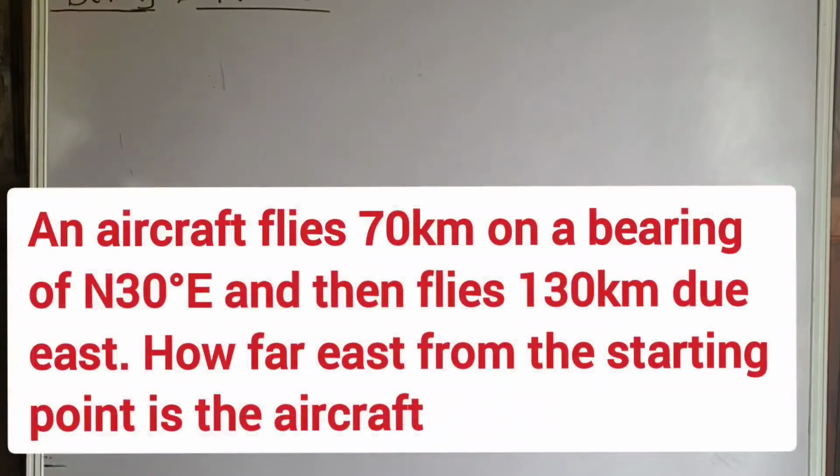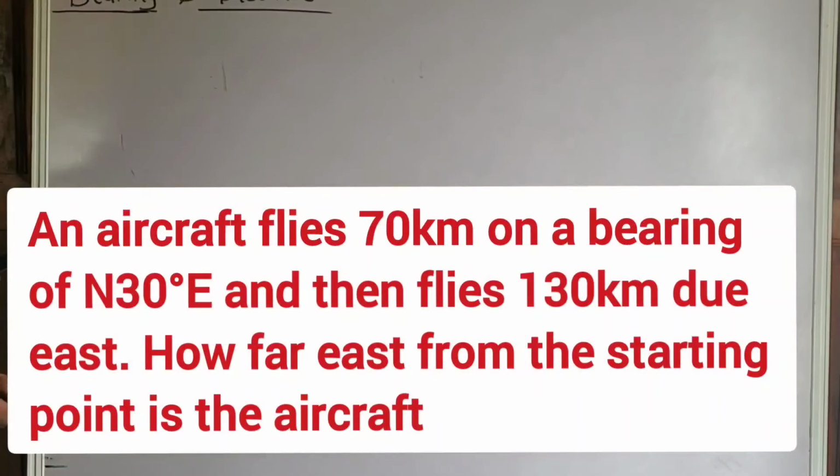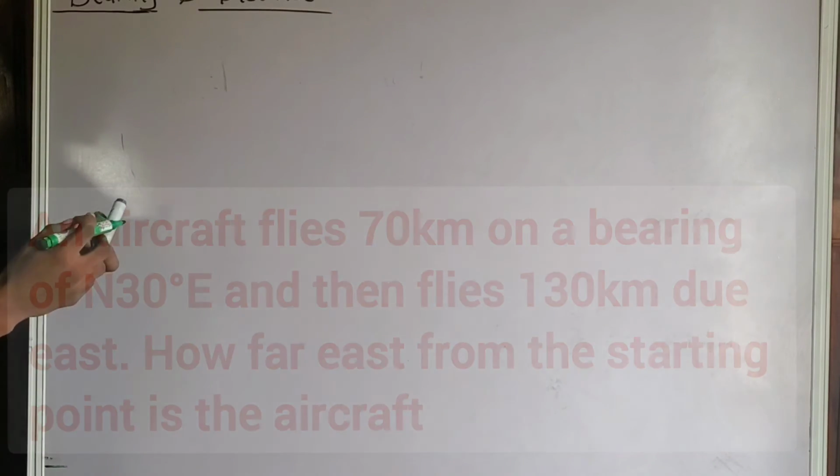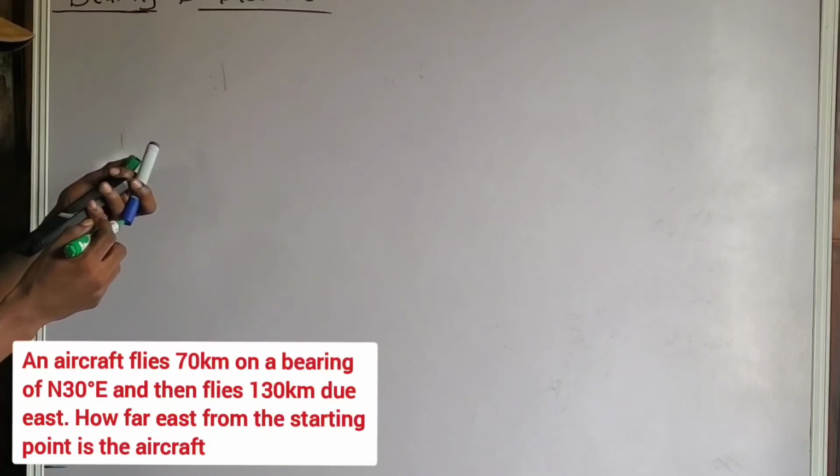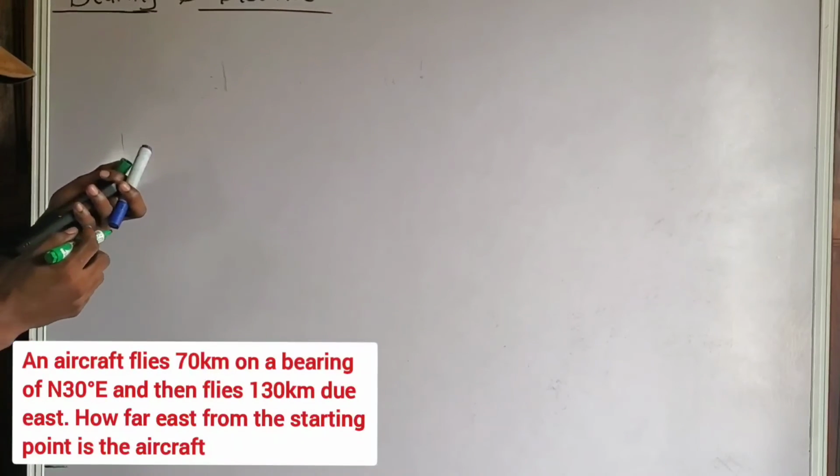An aircraft flies 70 kilometers on a bearing of north 30 degrees east, then flies 130 kilometers due east. How far east from the starting point is the aircraft? Okay, now let us first bring out the diagram that we can have from the question. An aircraft flies 70 kilometers on a bearing of north 30 degrees east. So